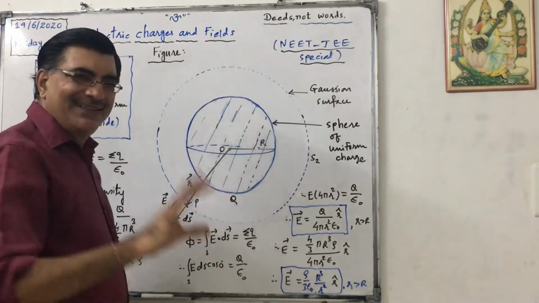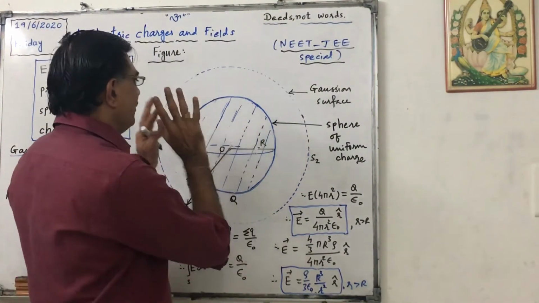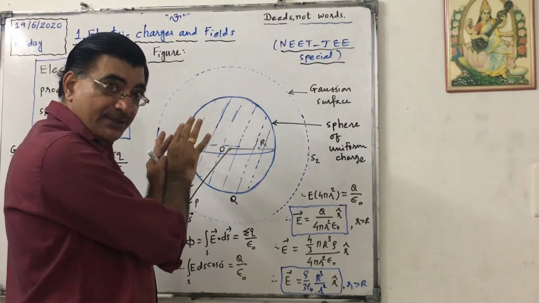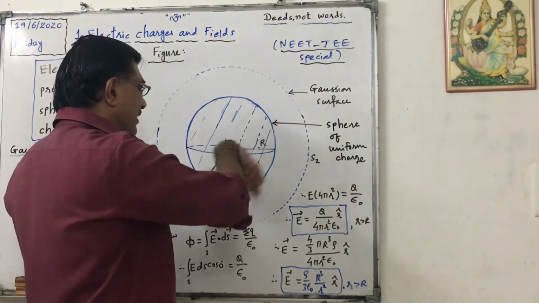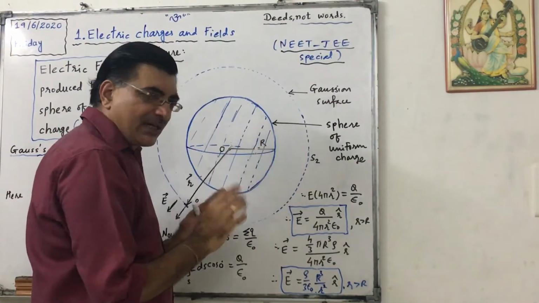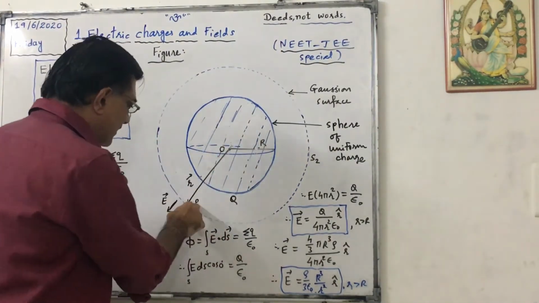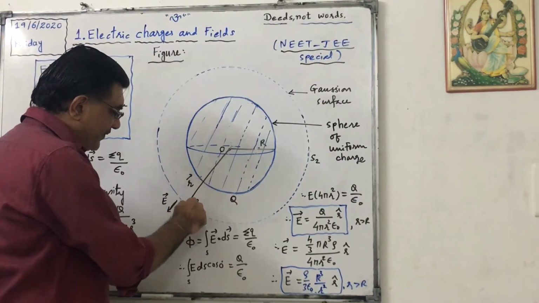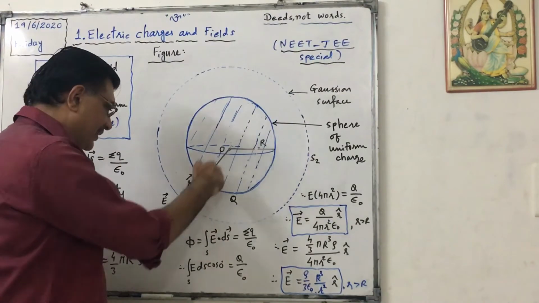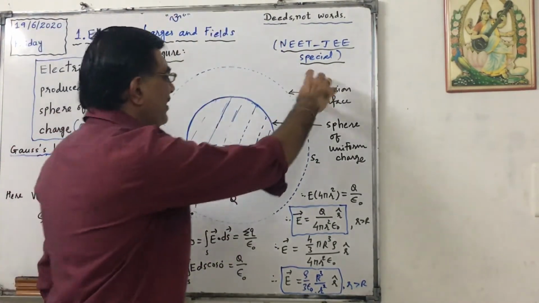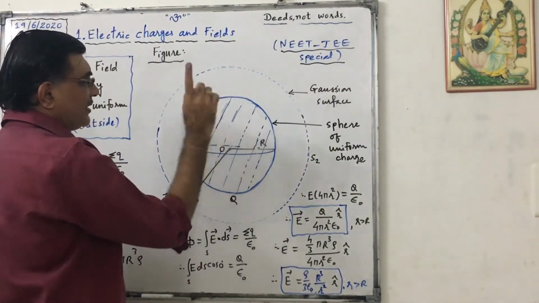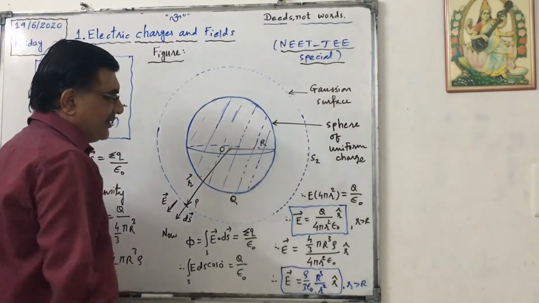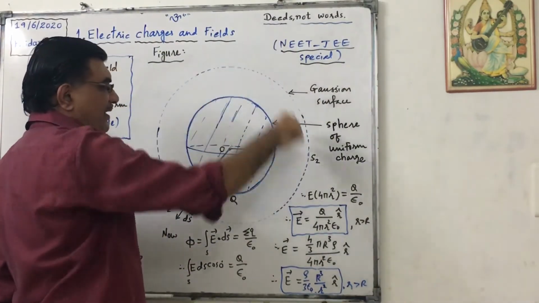This is the figure. This is the sphere full of charge, uniform charge distribution. Total charge is capital Q, its radius is capital R, its center is O, the point outside is P, the position vector of point P with respect to O is vector small r, the surface element has area vector ds, and the electric field is vector E. Now I have to consider a Gaussian surface passing through P. So it is like this. This is the sphere and this is the Gaussian surface, S2.